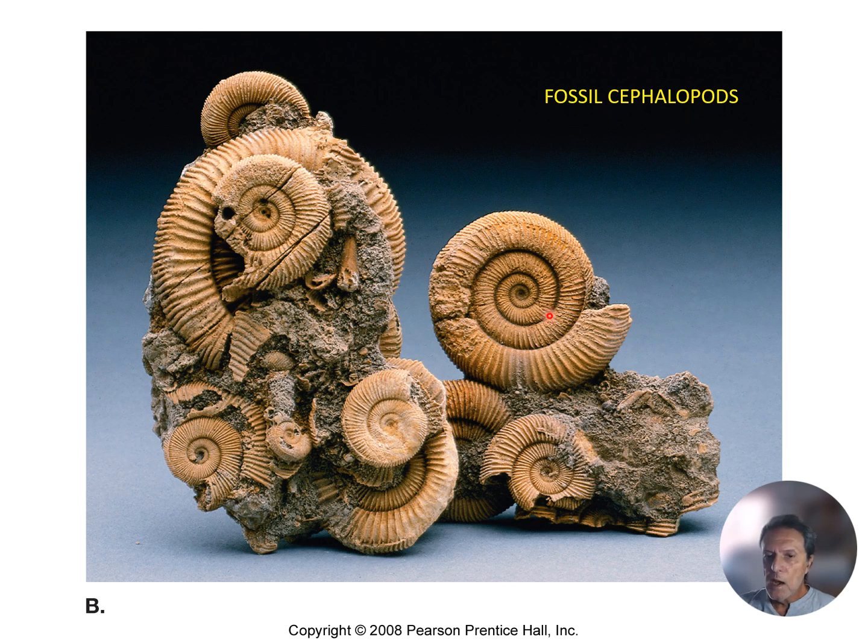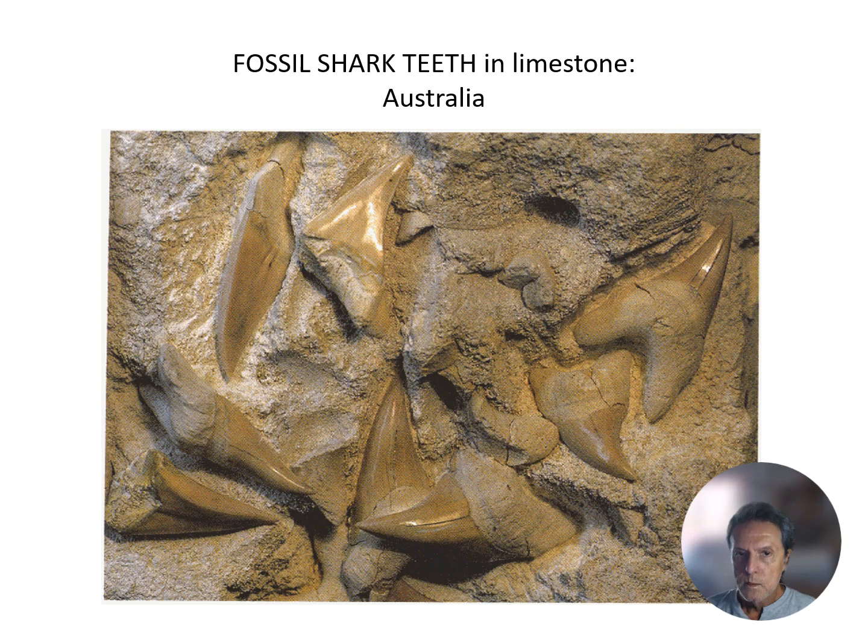Here are fossil cephalopods, little swirly snail shell type structures that belong to a group of animals called ammonites. Here are shark teeth. Now, shark teeth are a lot of fun to find. These are fossil shark teeth